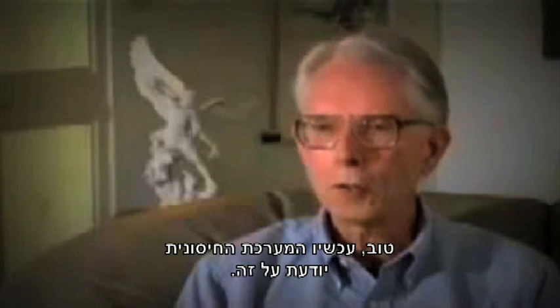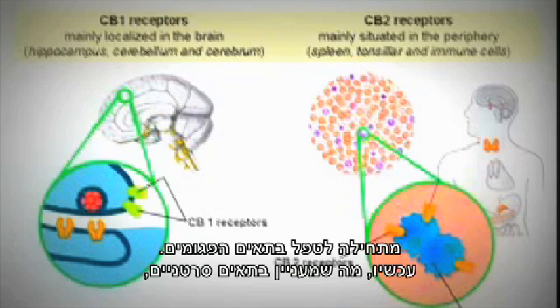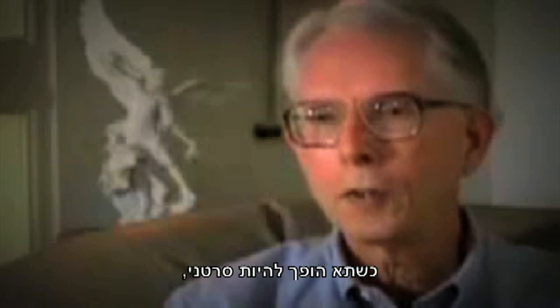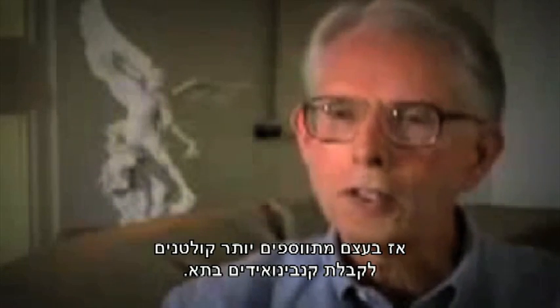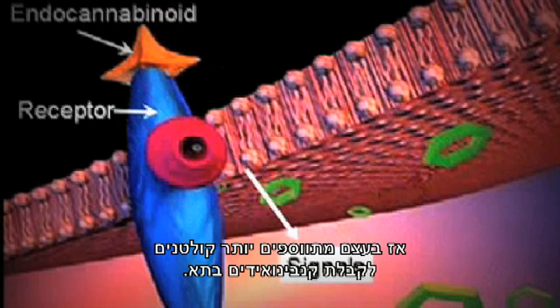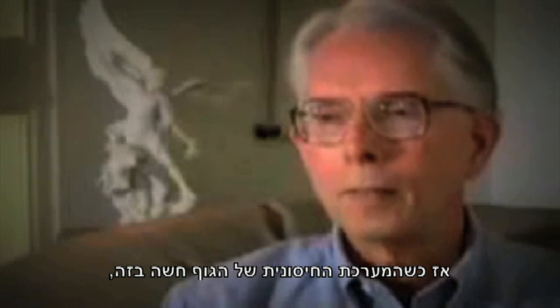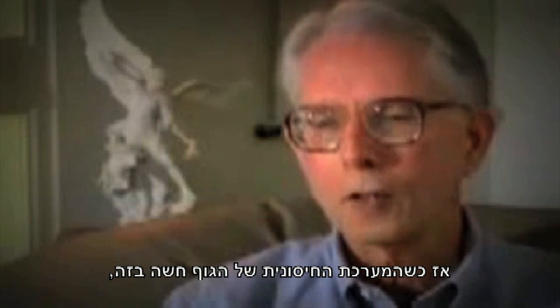Well, the immune system knows about this. And the endocannabinoid system, which is part of the immune system, goes to work on it. Now, an interesting thing about cancer cells is that when a cell goes cancerous, the number of receptors for cannabinoids increases in the cell. So when the body's own immune system senses this,